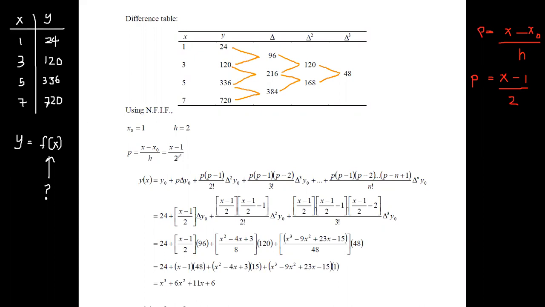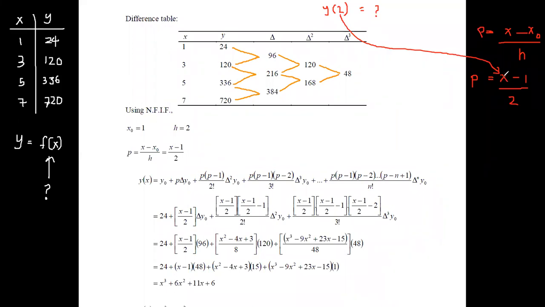As an example, here they have asked us to find a polynomial. But in some cases, they may ask to find the value of y2 using Newton's interpolation formula. Here, if you are asked to obtain a value for this quantity without finding a formula, then this value has to be taken as the value of x. If they ask us to evaluate a value for a question like this, then this value should appear as the value of x.